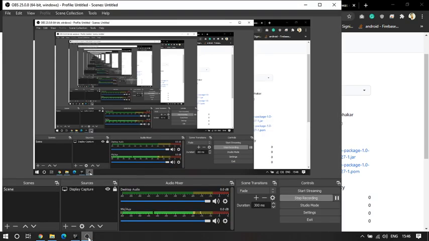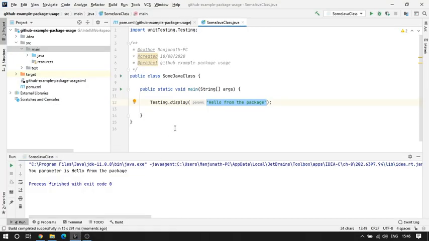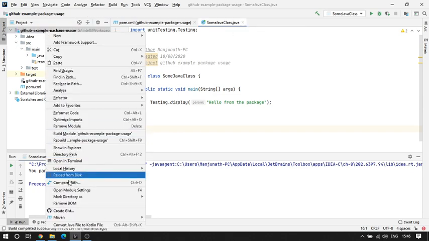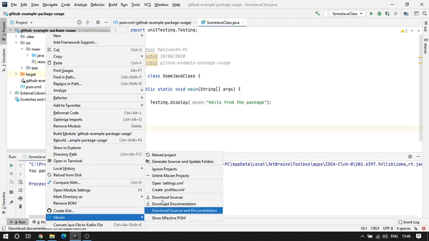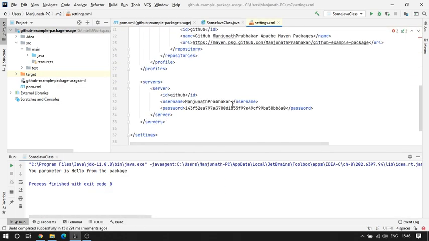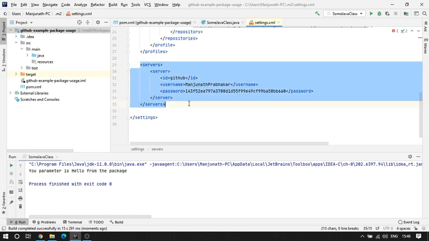Okay, so what I want to show one more thing here is, now you saw how we created a package and we pushed the code there. But this settings.xml, right? I still have my server details here.